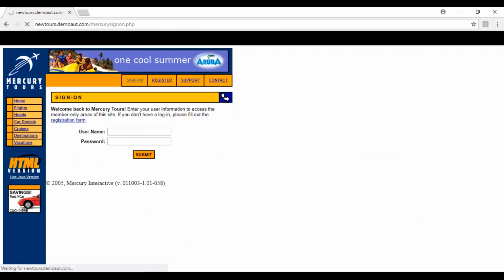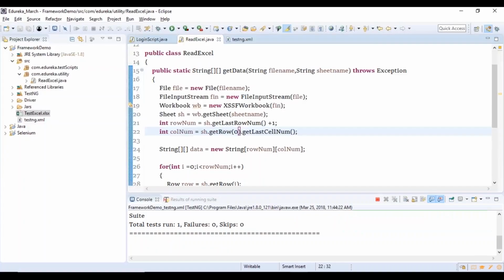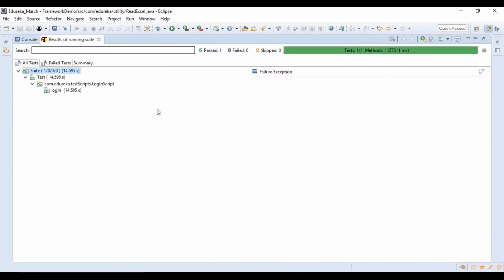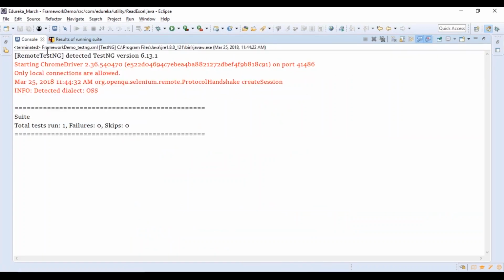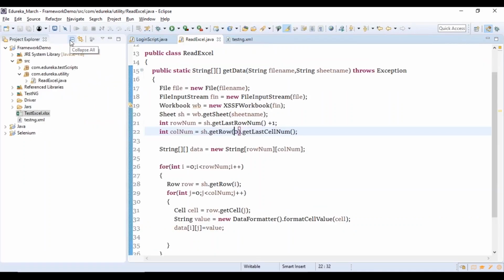Alright, so again, yeah, can you see? Now it is going to type in your username, it is going to enter the password. So it starts working based on the details that you have passed. So here you get your result wherein it says your test script has passed and you would be able to work with it. Okay, so this is how you perform your data driven testing, which means you're going to capture the data from your Excel sheet, that is an external file, and start driving the set of data into your programs, and then you execute the same, right?